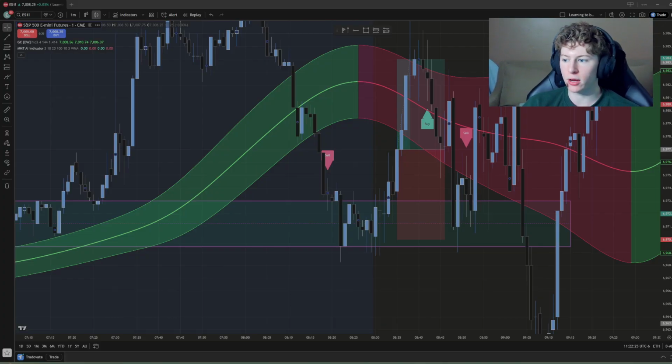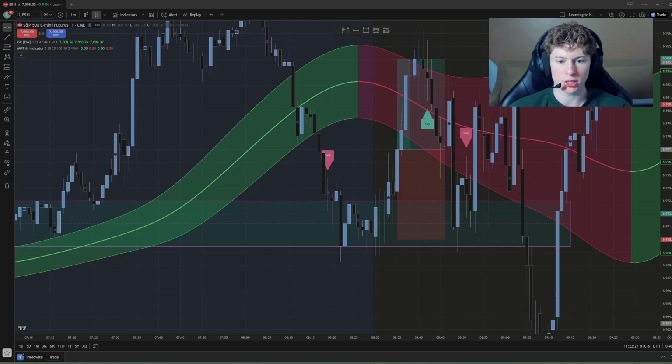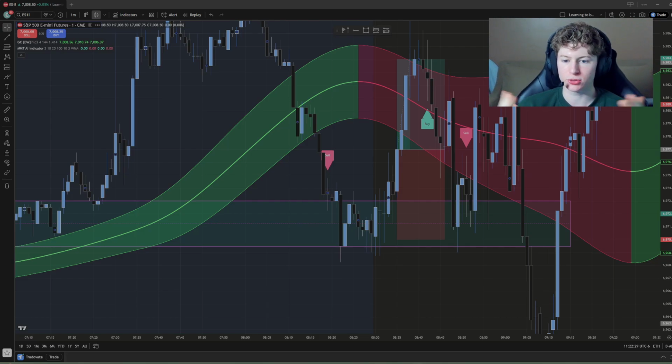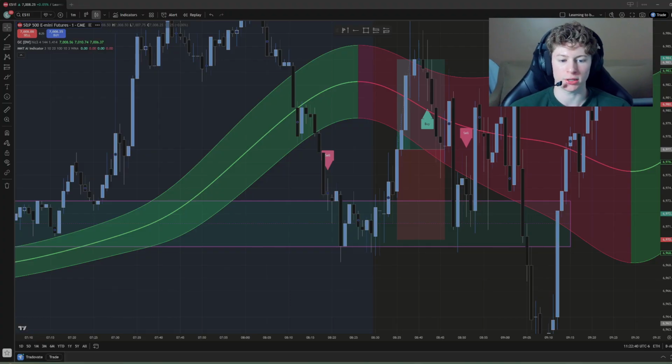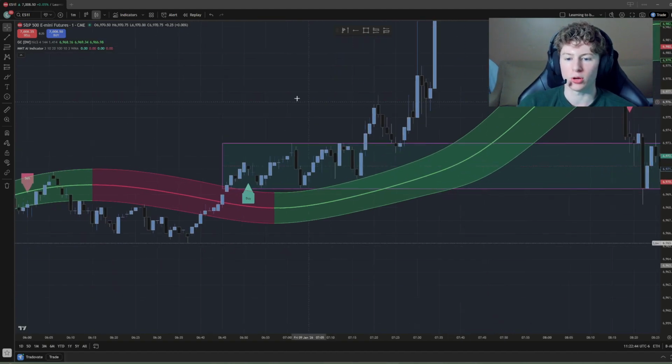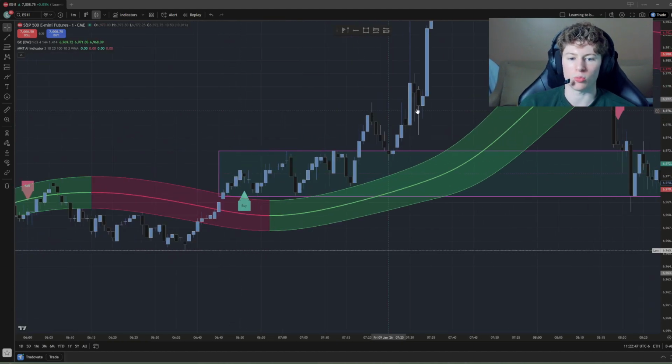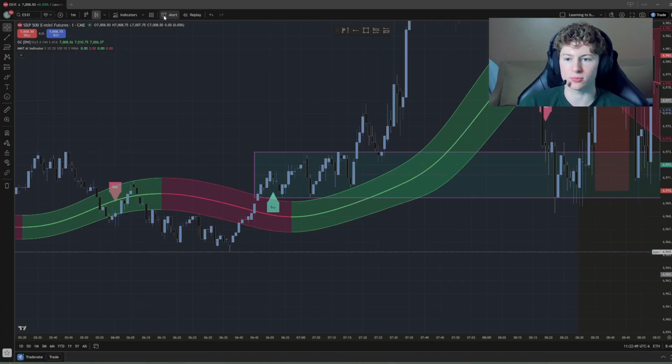Real quick, this is a breakdown of my 8:15 ORB strategy. It's a basic range marked out at 8:15 that we use once the market opens in order to determine our bias for the day and what trades we want to take. So let's hop into it. What I'm going to do is backtest this for y'all.